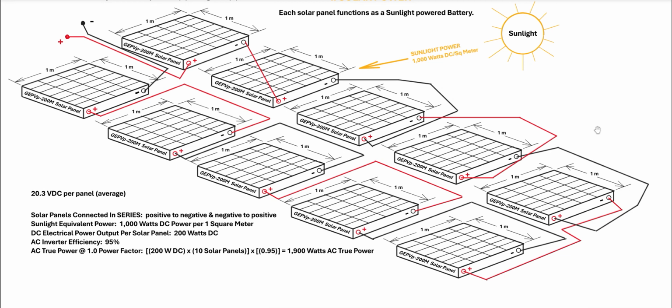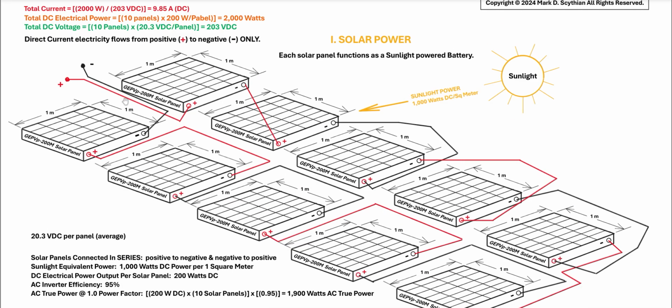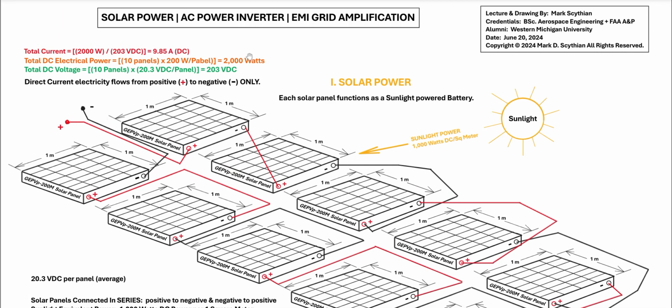So with direct current circuitry, we are dealing with electricity flowing only from positive to negative. So this is not the alternating current and voltage, sinusoidal or sine wave alternating or oscillating back and forth. Instead, this is just like battery power. So think of each solar panel as a battery electric source for which the sun delivers